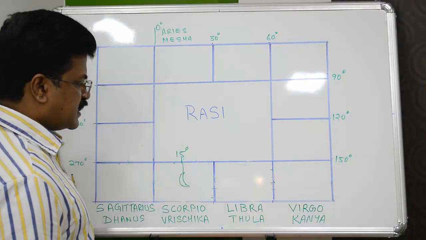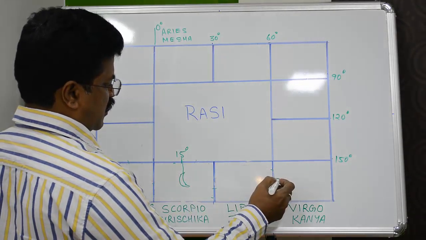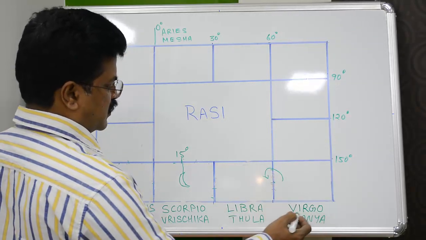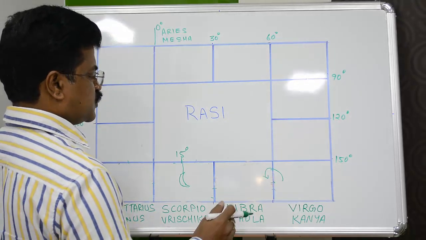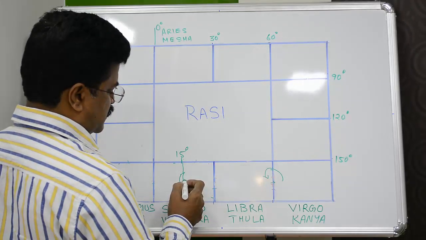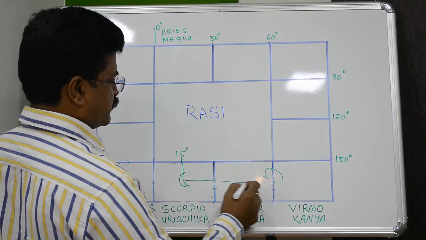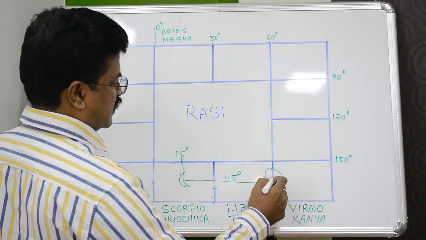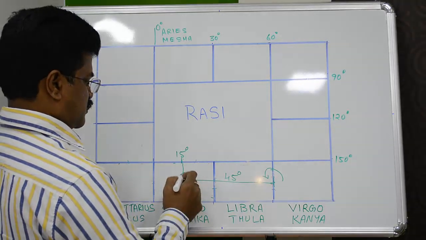So when does 7.5-year Saturn start? 7.5-year Saturn for this person starts exactly on the date of transit of Saturn from here to here. That is from Virgo to Libra or from Kanya to Tula, which happened on November 15, 2011. That's because the distance from this moon, wherever the moon is in your horoscope, you have to go backwards 45 degrees. And when Saturn comes to that point where it is exactly 45 degrees from your moon,